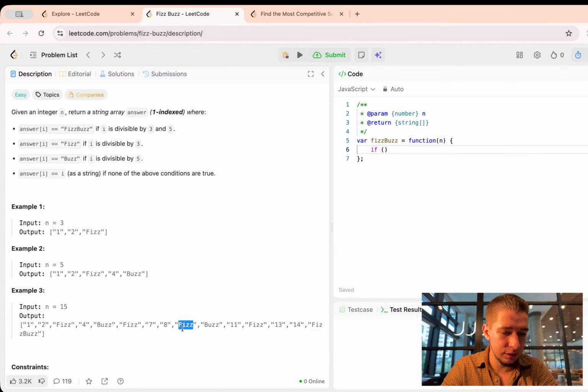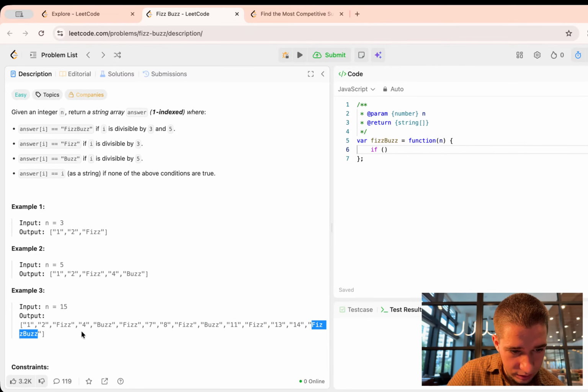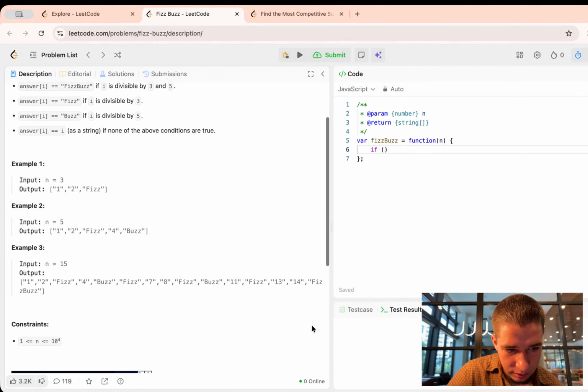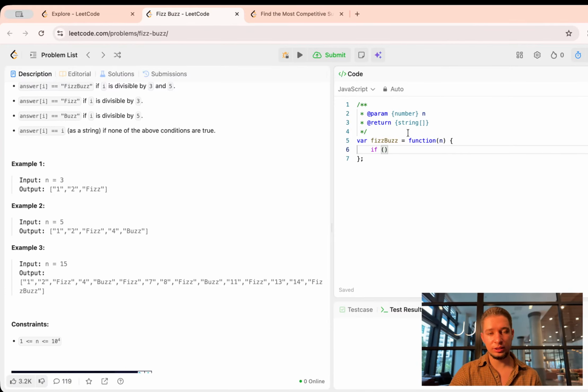Okay, I don't understand why we have fizz here. Buzz. Fizz. Fizz. Buzz. Oh, here we have FizzBuzz. Okay, let's try to do that, and while we start doing that, we'll try to understand,